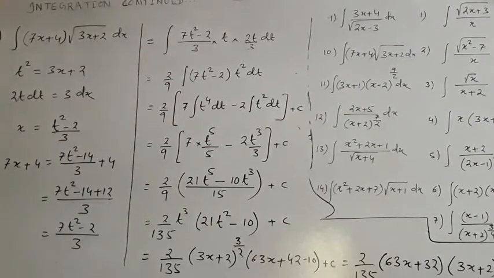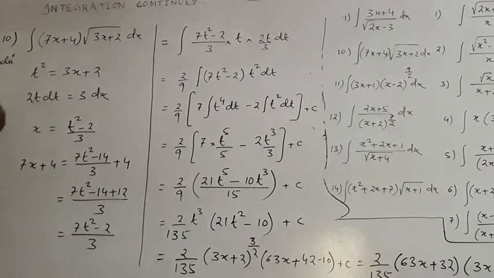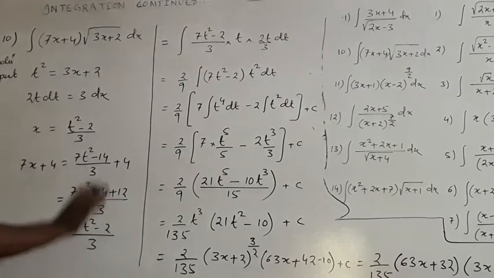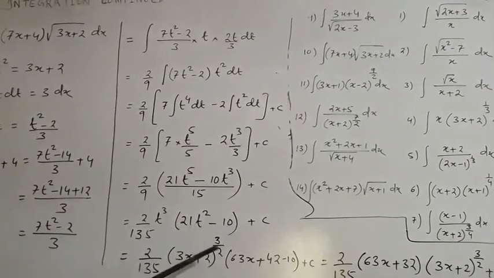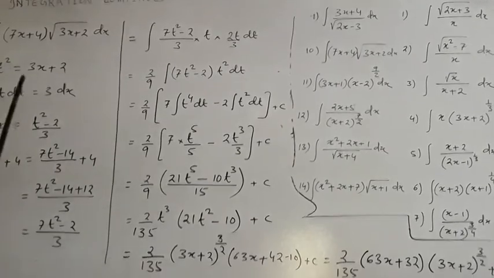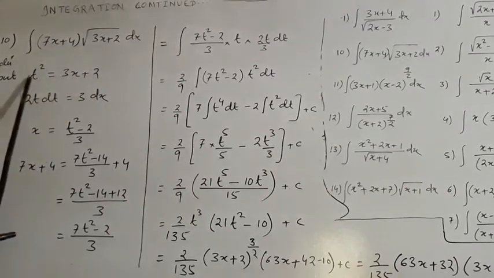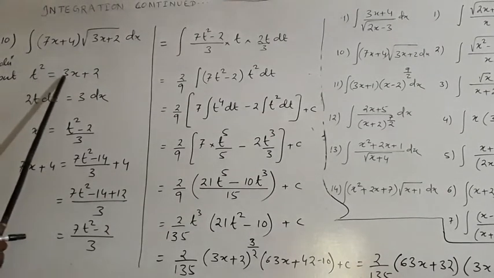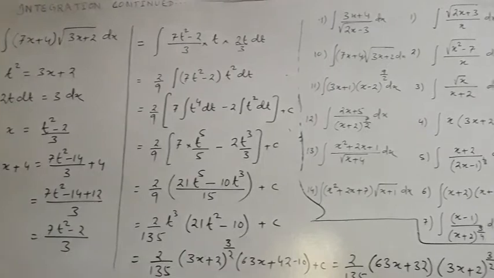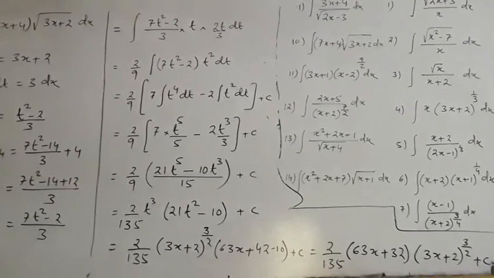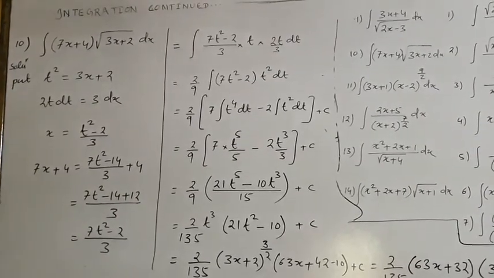Number 10 is a very similar problem to all the other problems. Take the screenshot. Put t^2 = 3x plus 2, then do it by yourself. It's a very easy problem. No problem, I am telling you just one step. And it is 21t^2. In place of 21t^2, I am writing 6 multiplied by 21 here and here. 21t^2 means 63x plus 42 minus 10, only this much. First you have to do it by yourself, then see what I am doing.